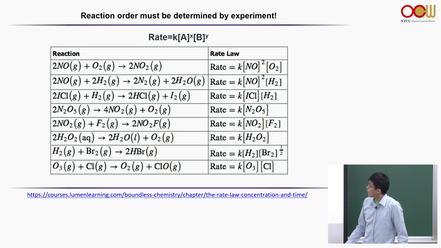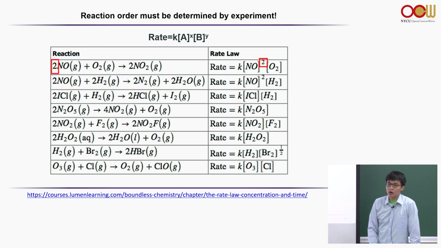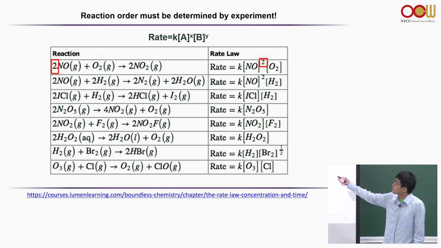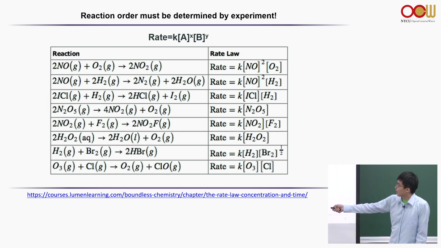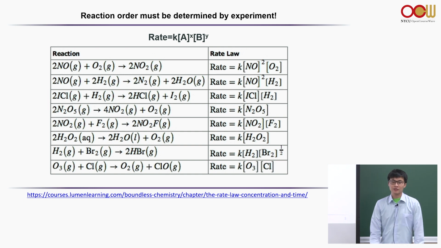Okay, so I want to point out the exponent, the factor in front of your reagent, would not necessarily translate to the exponent in your final rate law. But in some cases, it's possible to have an exponent as a fraction, okay? So it really depends on the reaction mechanism, and we'll talk about it later on.